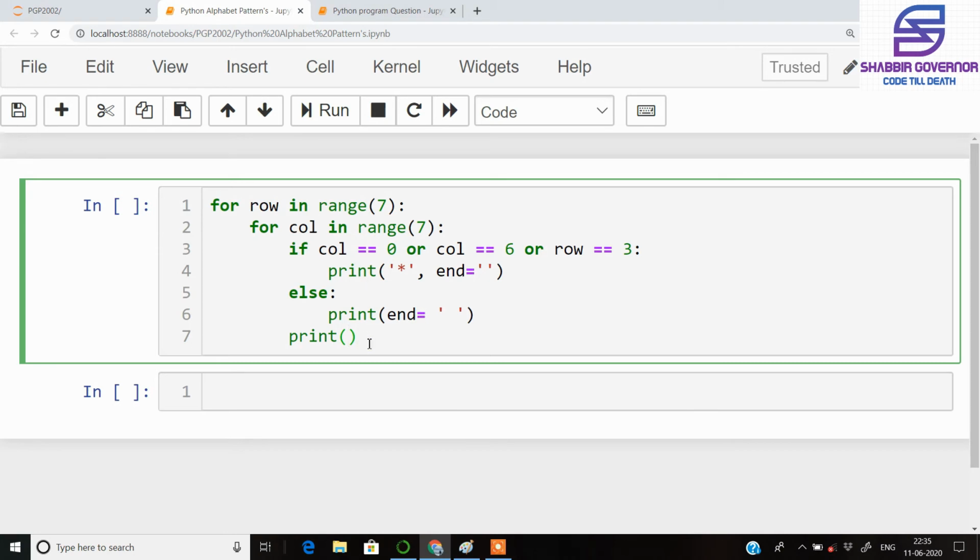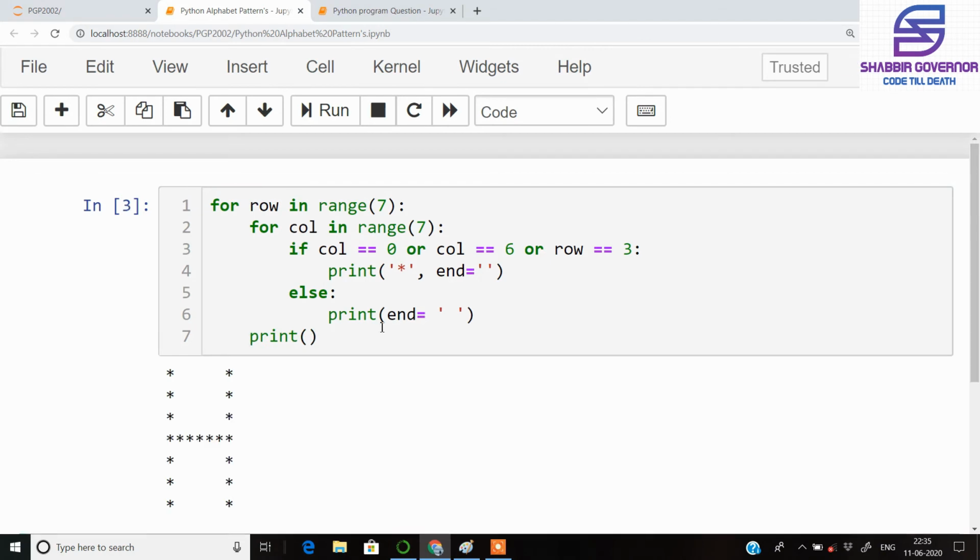So let's run the code and let's see whether it's working or not. As you can see, I needed to write this print command inside the outer for loop, because this is for the inner for loop and this relates to this row first. Therefore this print command will come in the outer for loop. So this is done for the H, and you can see that we are getting a precise H here.